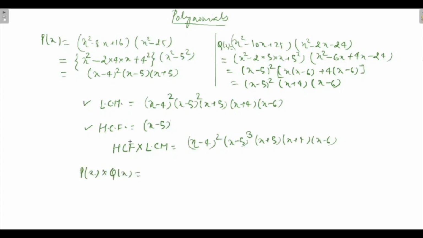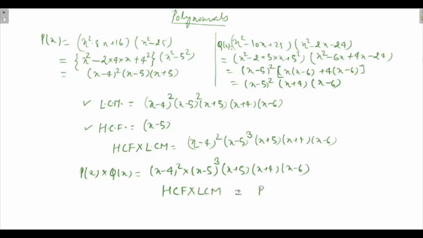What do I get here is that (x minus 4) whole square into (x minus 5), because there is one power over here to here, then I have got (x plus 5), then I've got (x plus 4), and then (x minus 6). So what you can observe here is that the HCF of two polynomials, the HCF and LCM, multiplication of that would be